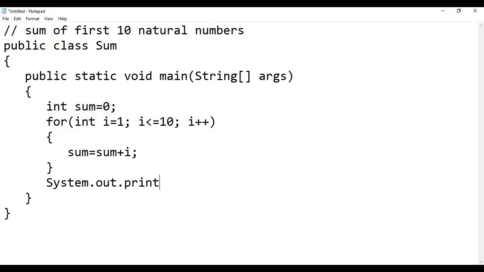Firstly, we will try this, and after that I will write this message inside the for block and see the difference.